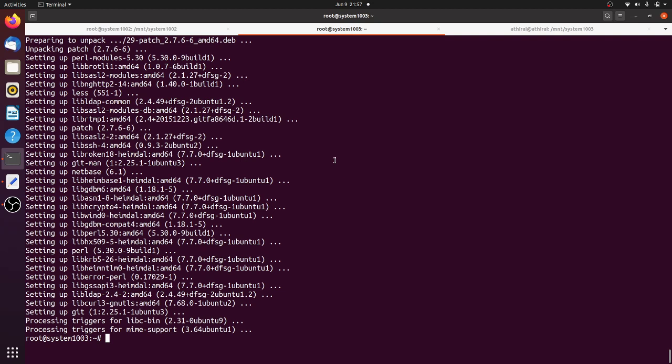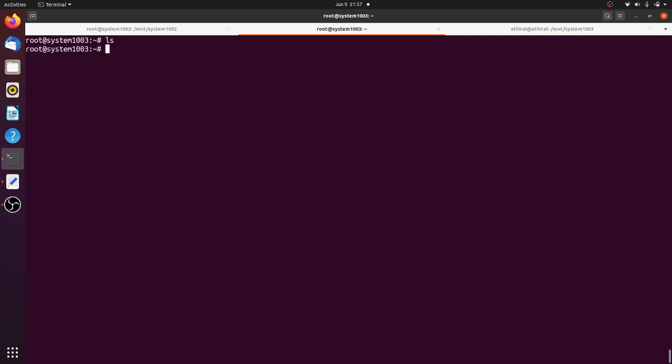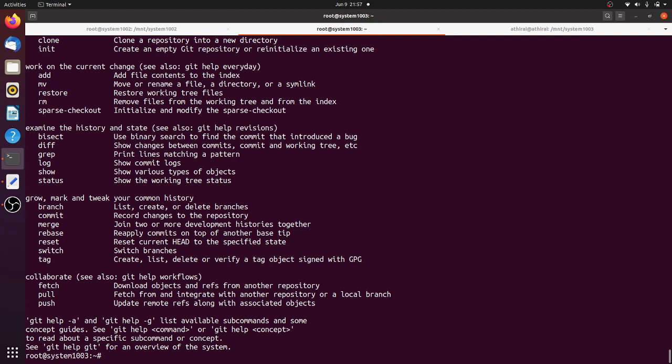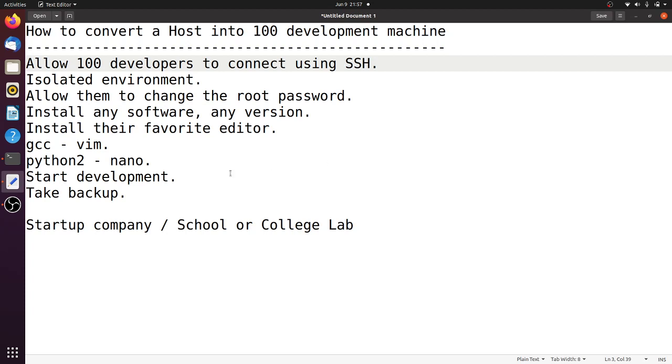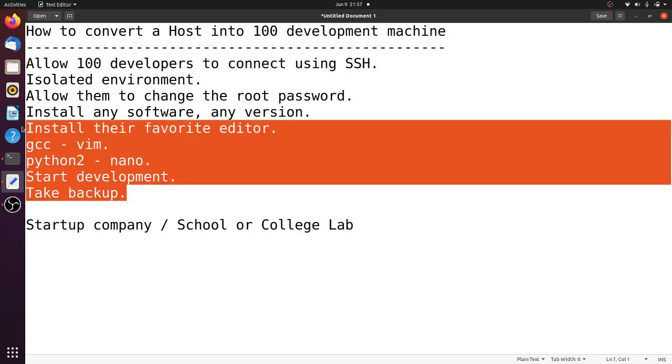Even if they corrupt it, there is no issue, but they will have the root access. So now we have Git also, so they can git push all the code they develop, and they will not feel like it is a restricted environment. They will have full access and they should be able to do their development freely. So this is the motive of this project.